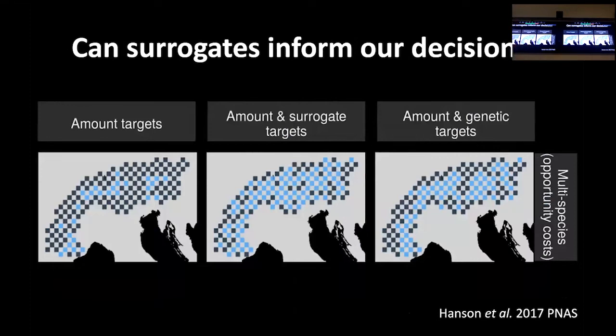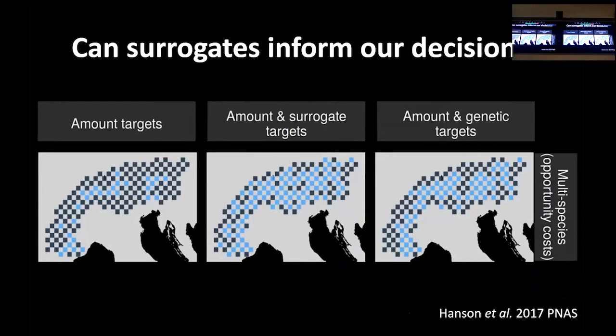So three conservation plans. One was just using the distribution information, so only using information of which species are in which grid cells. One using that information plus our surrogate variables, so using environmental and geographic variables as a surrogate for the genetic variation. And then also another prioritization that was based on using the distribution data as well as the actual underlying genetic data.